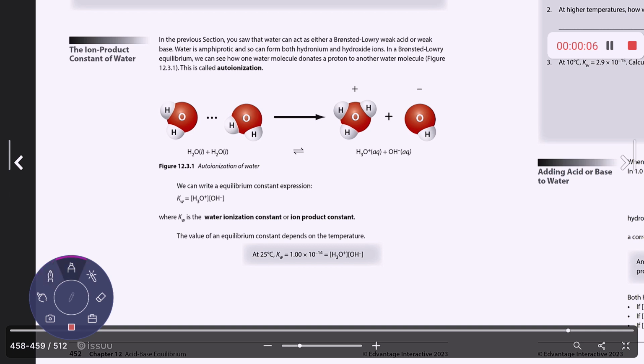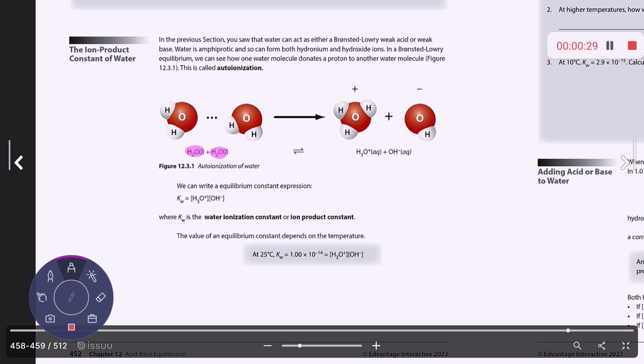Okay, I'm on the ion product constant of water. And in the previous section, we saw that water can be an acid or a base, right? And if it is, it's amphiprotic. And since water can act as an acid or a base, if you've got one water molecule next to another,